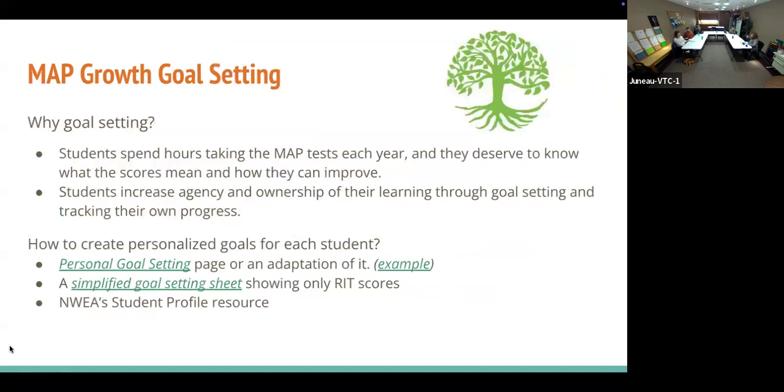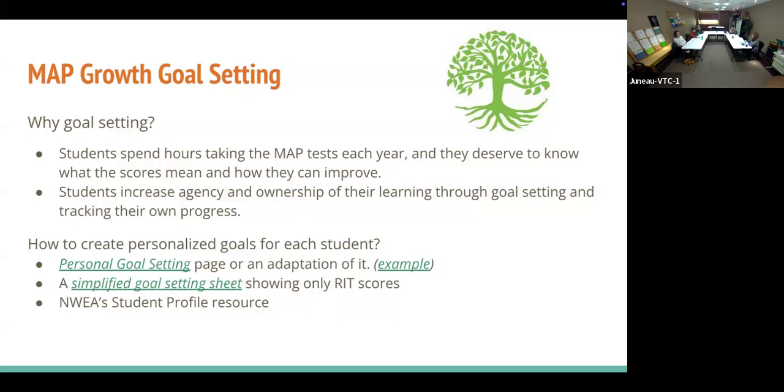One thing I did when I taught was I shared with my students their MAP scores, and I shared their reports with them. And I felt that they deserve to know what the scores mean, because at the end they see the score, the RIT score. My kids, I used to carpool and they'd ask, what'd you get on your MAPs? It was hilarious. And they were always trying to beat each other.